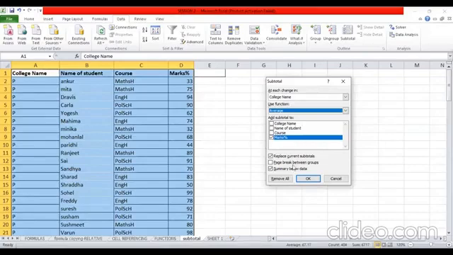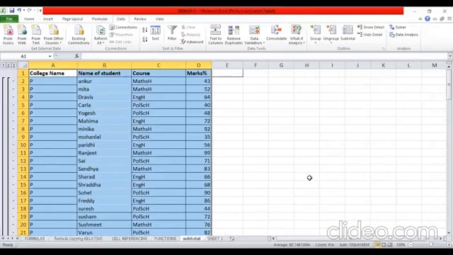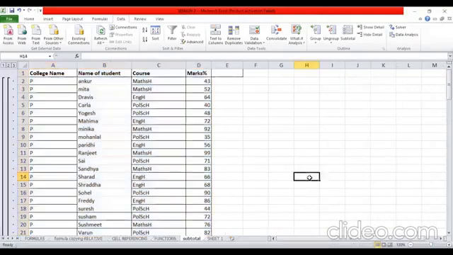Now I will check the box for summary below data, which I want to see. The other option can remain checked for the time being. Then I will click on OK. Now you can see that subtotals have been created.